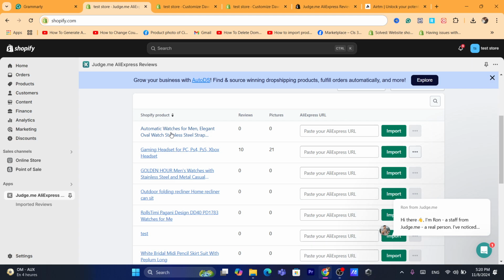Now as you can see here, you will find all your Shopify products. Next to them, you will have to add an AliExpress URL in order to get the reviews from that product from AliExpress, so that you can import them to your